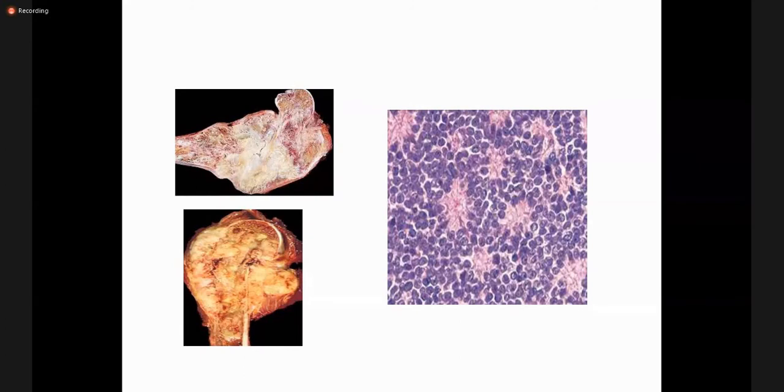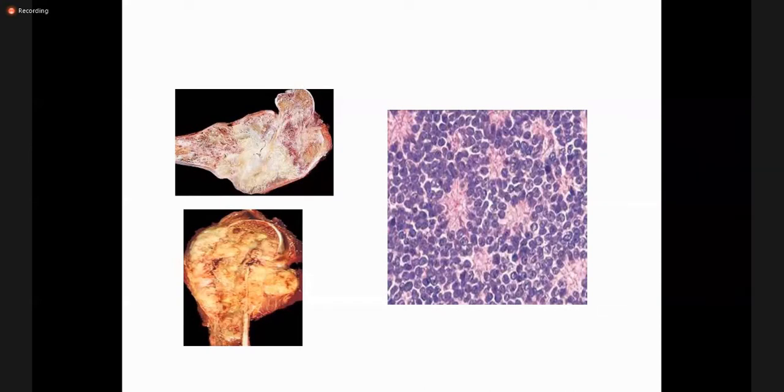Then the diagnosis of Ewing sarcoma is not made on the morphology or histological features alone. It is a combination of features like morphology along with immunohistochemistry, in which the immunohistochemical stain CD99 is positive, FLI1 is positive, and although it's of mesenchymal neuroectodermal origin, vimentin is also positive. And sometimes epithelial markers, which are the cytokeratin, are positive in the Ewing sarcoma.